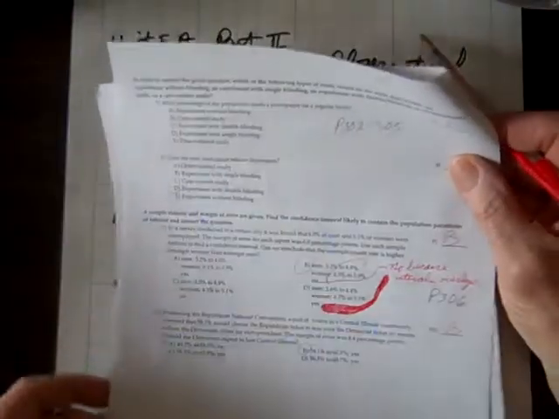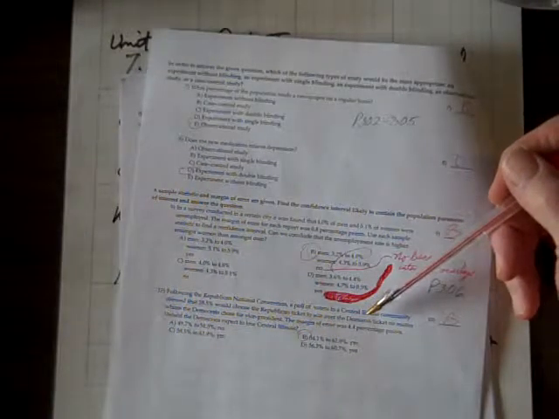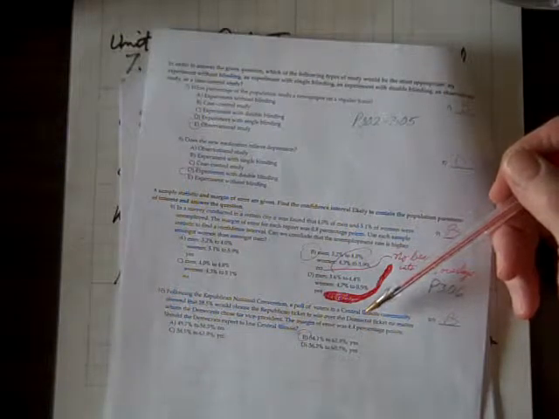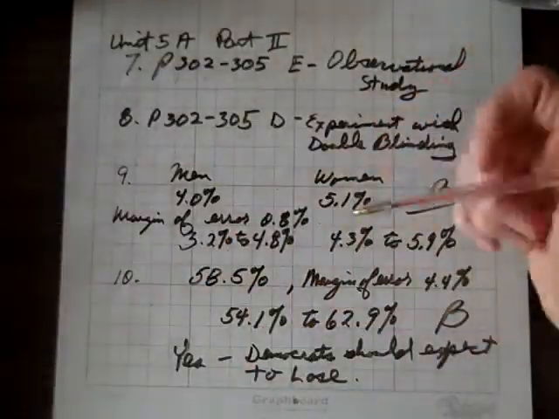Now for number 10. Following the Republican National Convention, a poll of voters in a Central Illinois community showed that 58.5% would choose the Republican ticket to win over the Democrat ticket, no matter whom the Democrats chose for vice president. The margin of error was 4.4 percentage points. Should the Democrats expect to lose in Central Illinois? And